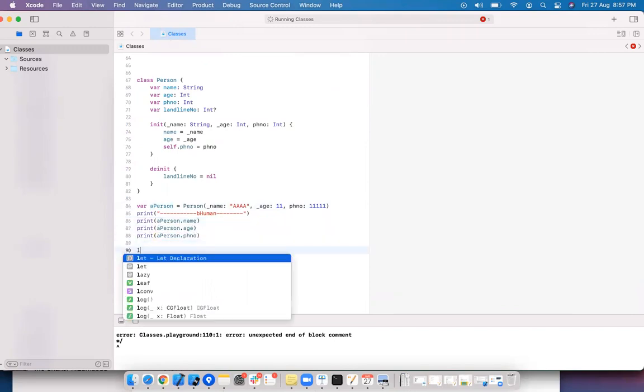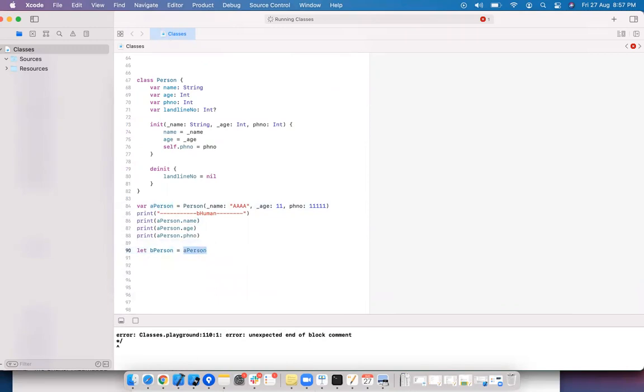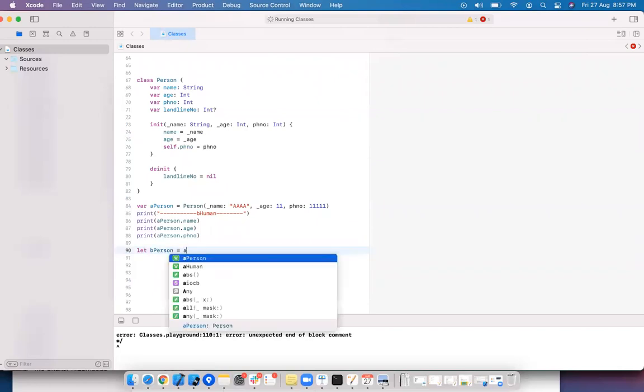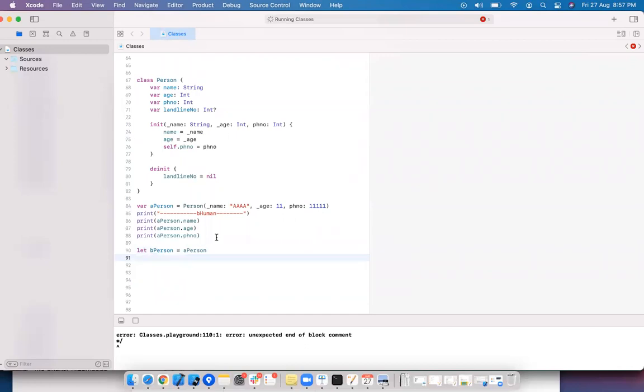Now I'm creating one more variable called B person. Person of, I'm just assigning A person, same concept here, and I'm going to print B person after assignment of A.